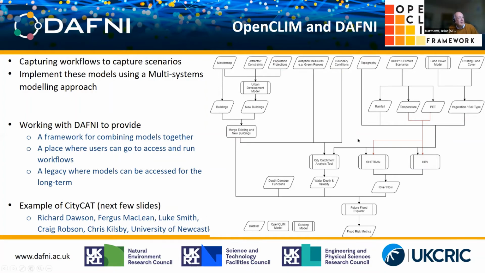and looking at the buildings, and then combining those two in a number of different models associated with river flows and flooding and flood events. So CityCAT is looking at city catchments and Flood Explorer gives us a notion of flood risk metrics. And then we would look at adaptations that we would put into our urban environment, such as green roofs which soak up water, and then see how that changes the scenario. So this is one of the earlier scenario workflows, and one of the first ones that we're beginning to get onto DAFNI now.